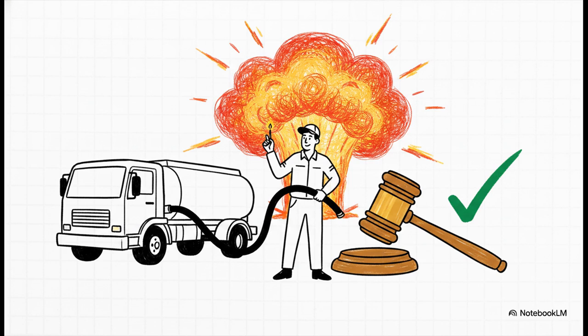Sticking with that second table, what about crimes closely connected to employment? The huge leading authority here is Mohamud v. WM Morrison Supermarkets from 2016. In this one, a petrol station worker hurled abuse at a customer, followed him out onto the forecourt, and violently assaulted him. The Supreme Court found Morrisons liable. The legal significance you need to note down is that courts apply the close connection test quite broadly. Since the employee's job involved interacting with customers, his wrongful conduct was deemed sufficiently connected to his position, making it fair to hold the employer responsible.